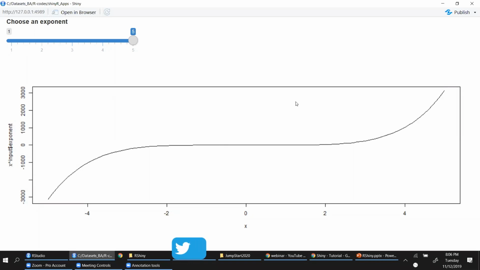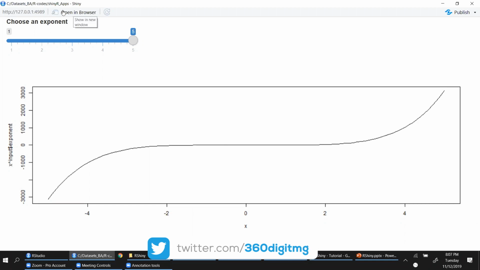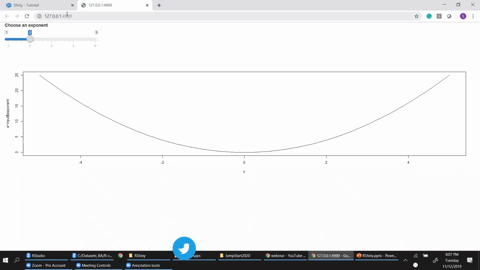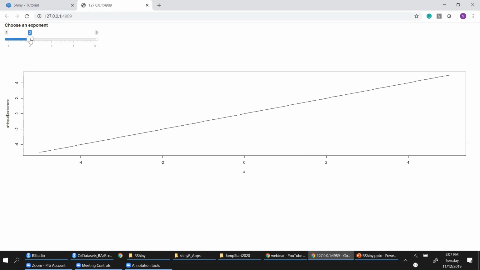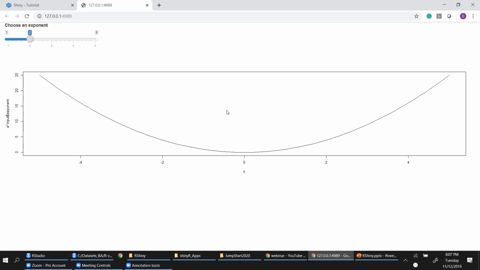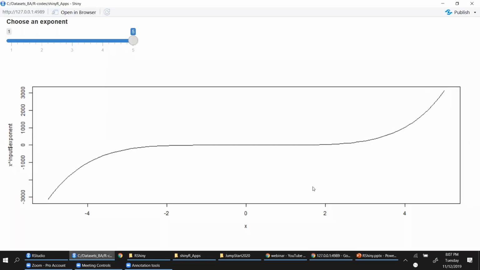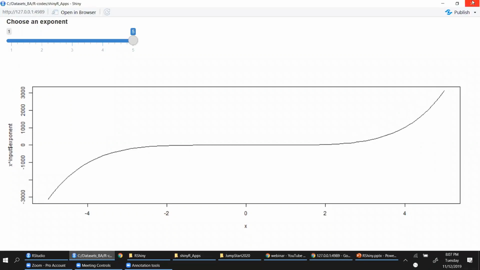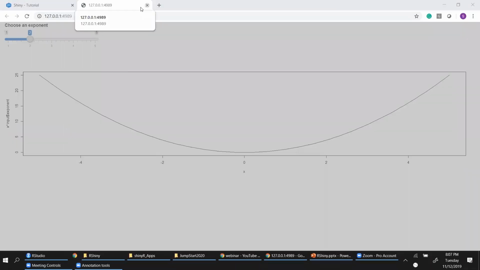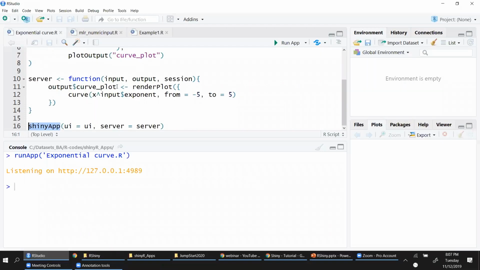The good thing is you can also open this in the browser directly. You have this button, open in browser, click that. And you can see by default it is taking port number 4989 on your localhost. And this is your web browser representation, right? So either it creates your HTML page like this where you can play around with the visualization, or you can click on open in browser and you get this browser representation. So this is the simple R Shiny code that we have.